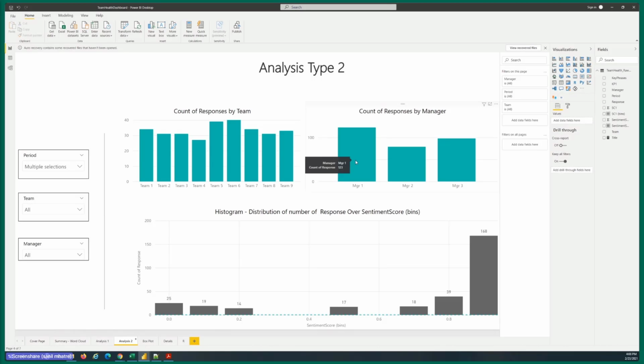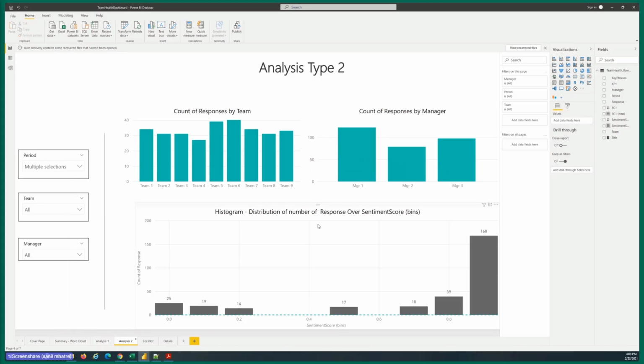The same is true for managers. Previously, I was talking about the fact that manager 3 seems to have the highest sentiment score, and maybe manager 1 and 2 could learn from his success story. But it's quite possible that manager 3 has the highest sentiment score because he is managing a team of only 4 people. And this poor guy, manager 1, is managing a team of 120 people. So it's really important to look at multiple facets of the data before jumping to conclusions.